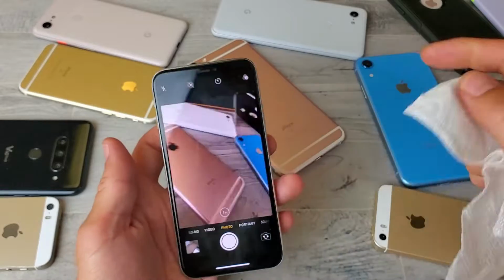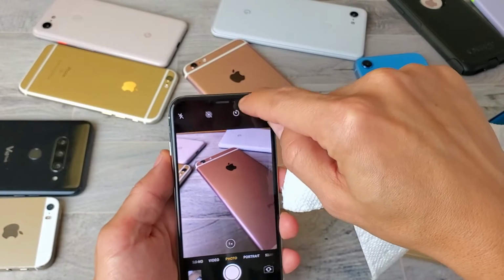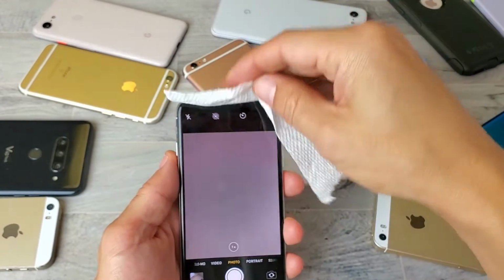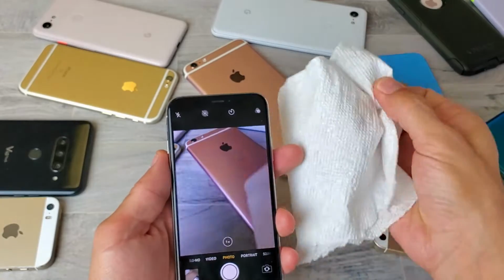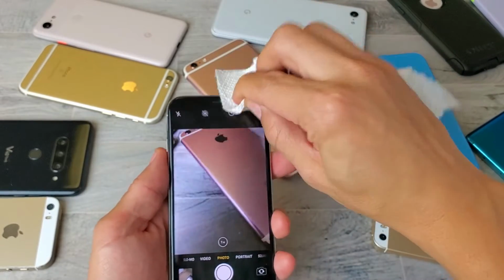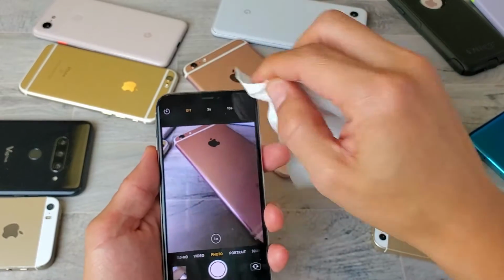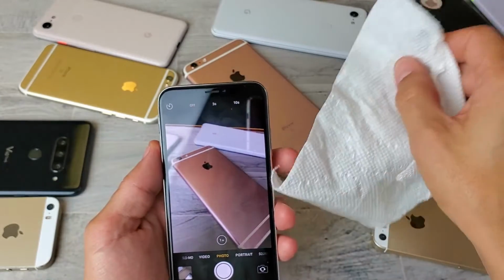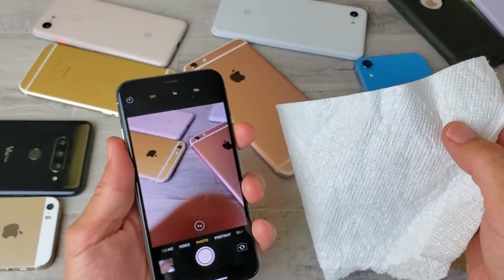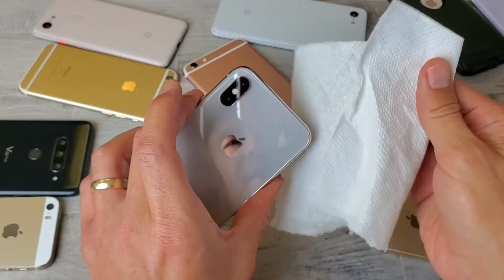Also, in regards to the front side camera, the lens is right here, okay? What you can do is the same thing here. Just keep tapping it, okay? And see if your problem is resolved. Now, if it's not, another thing that you can do too, and this has worked several times, is basically start